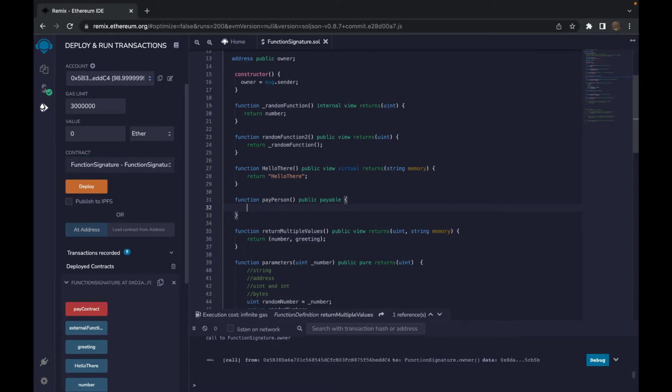Let's see. Full success equals. Let's see. I'll set address as a parameter, and we'll do addr dot call